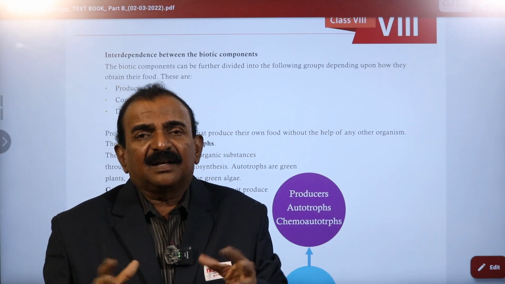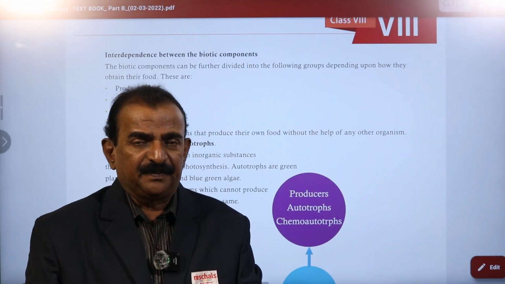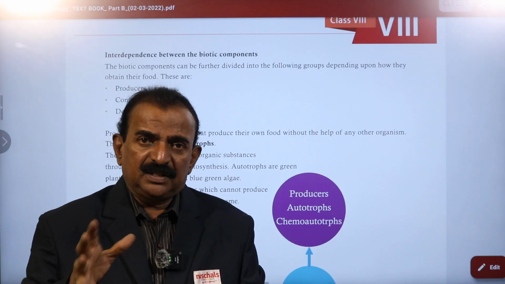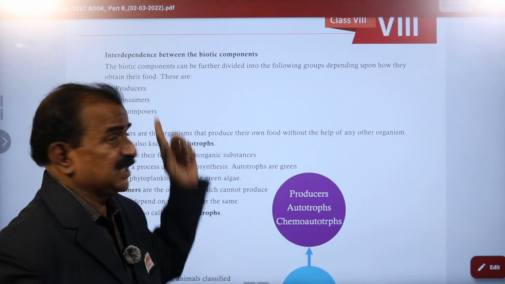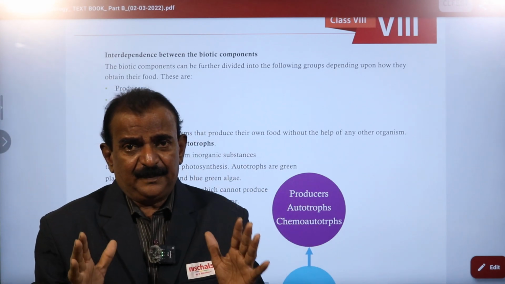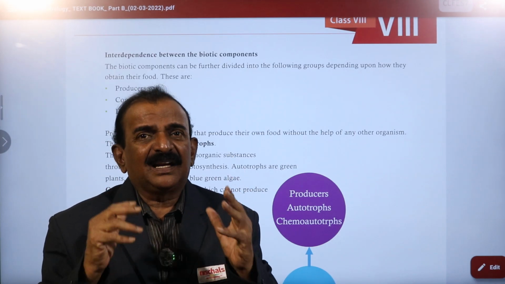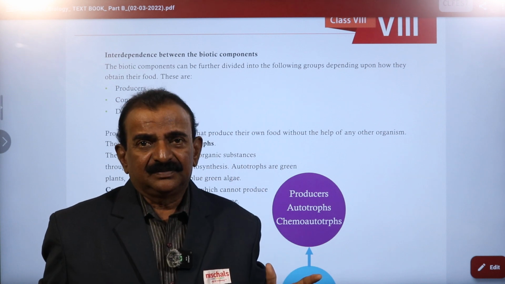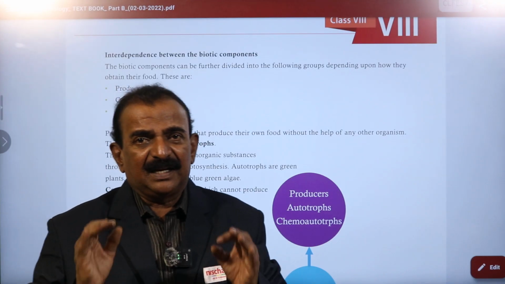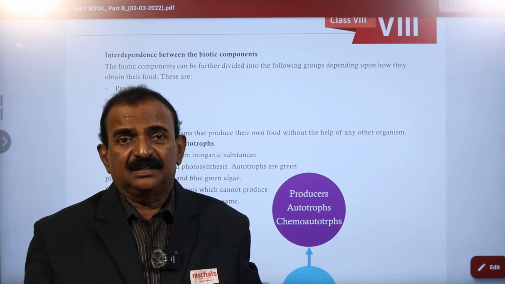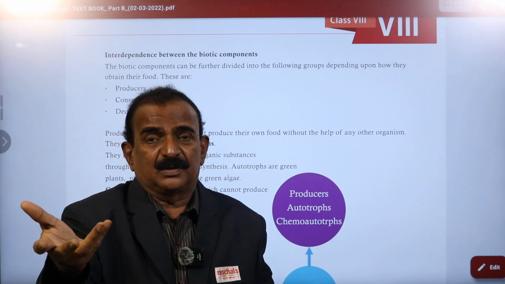Here the life forms are divided into three categories. The first one is producers, the second one consumers, and the third one decomposers. So, what are producers? Here you see producers. A producer is a life form, and these life forms are plants and also phytoplanktons, blue green algae. These life forms are green in color due to the presence of chloroplasts with the chlorophyll pigment molecule, and